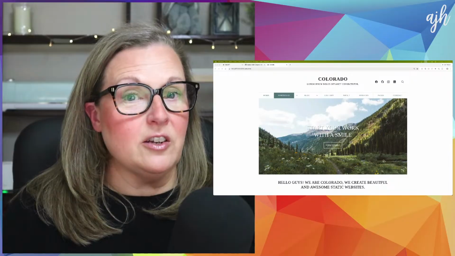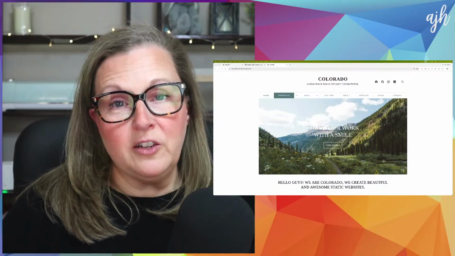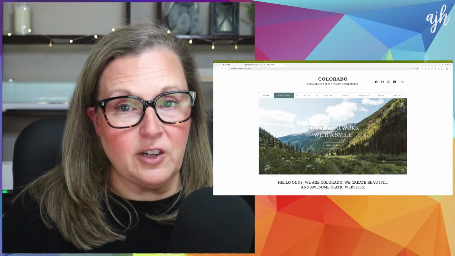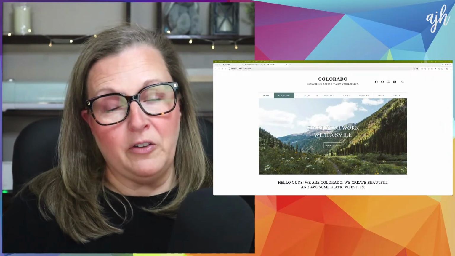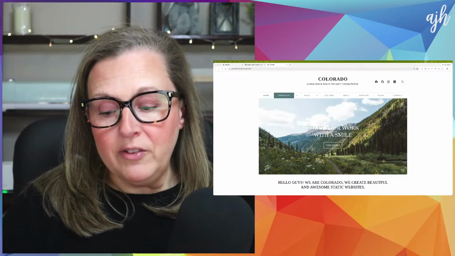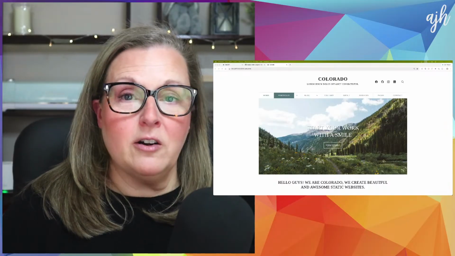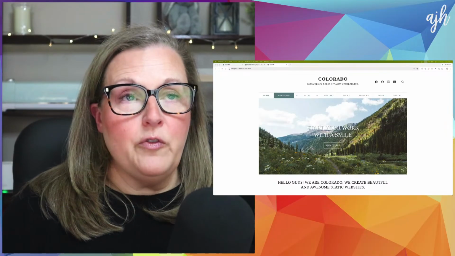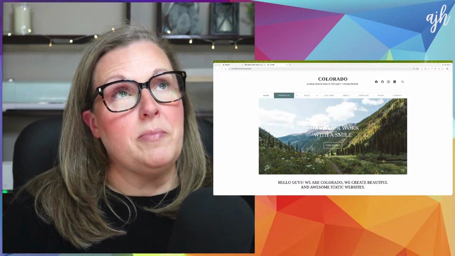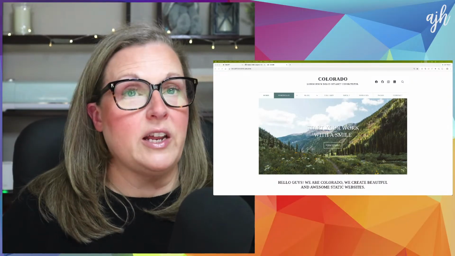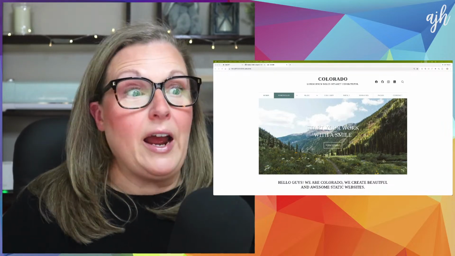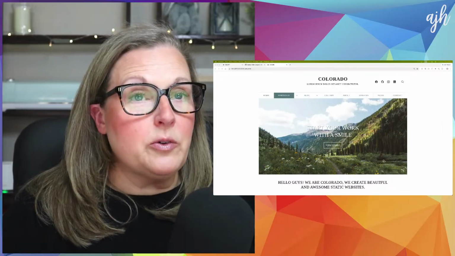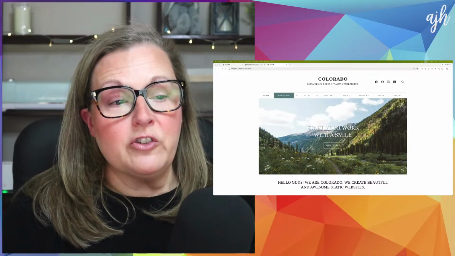Positioning: position relative, position absolute, position fixed, position sticky. There's more than just those four, but those are the four I probably use the most often on this channel. So if you have a desire to be better at vanilla, in particular vanilla CSS, and understand cascade, specificity, inheritance, how the browser naturally renders HTML, CSS, and JavaScript, that's what we do here.